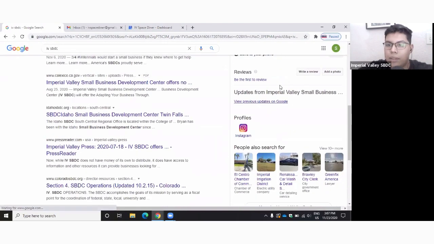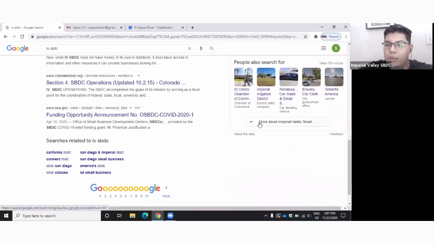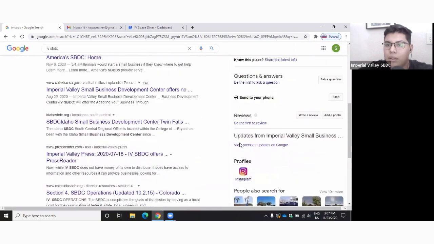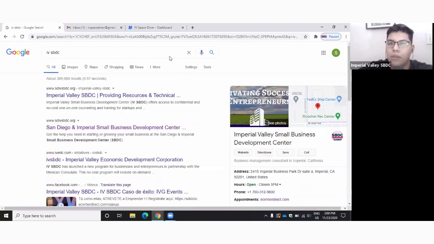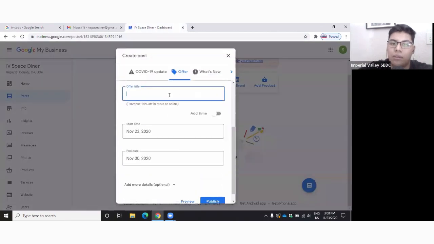So for example, it says right here, updates from Imperial Valley Small Business Center. If we had some more posts, okay, right here, for example, would be all of our posts. Like, due to COVID, we're 100% online, or different examples that you could put. You can add offers. You add photos of the offer. Like for example, this one, I don't know, 15%